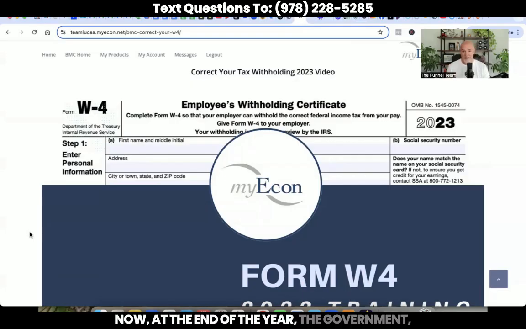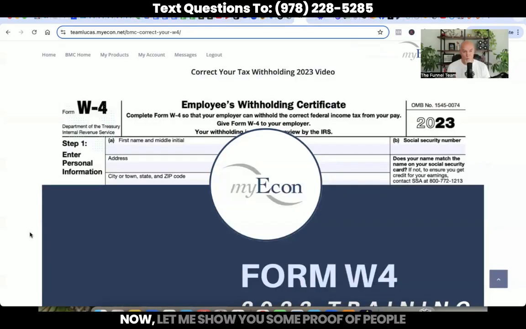Now, at the end of the year, if you overpaid, the government can say, we'll give you some of that back, or they can keep some for themselves. But you want to put the money in your hands so you can make that decision, and not let the government decide how much of a refund to give you, how much you should get back versus how much you actually get back. So when you do this income shifting, you adjust that W-4, and you're going to put more money back in your bank account.